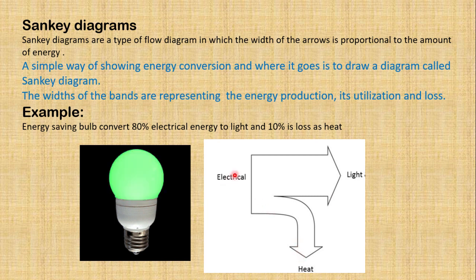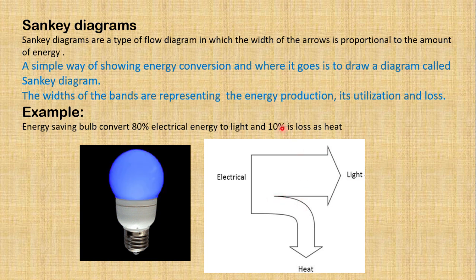Now how to draw? Like we have an example: an energy saving bulb converts 80% electrical energy into light, while the other amount of energy is lost. Draw the Sankey diagram for this. The main input is the electrical energy. This energy is converted into light energy. So what we will do, we will draw an arrow representing the output energy, that is the light energy, towards the right side. Why? If there is any loss, then we will draw or split the main arrow